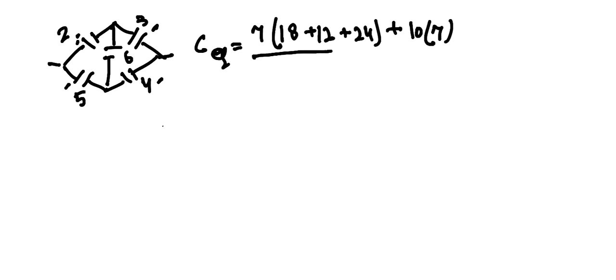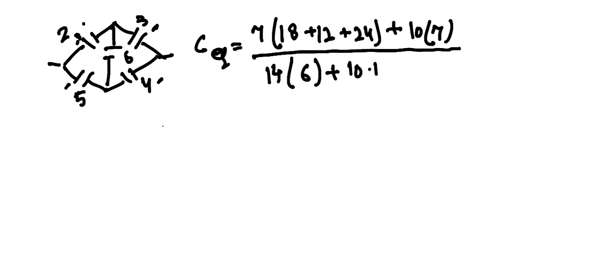Now in the denominator, what will you do? 2, 5, 3, 4, you will add them up. 2 plus 5, 7, 4, 11, 3, 14, you will get 14 here. You will multiply the central one here, 6. Now you will ignore this central one. You have got 2, 5, 3, 4. You will not treat this, multiply 2 and 3, 4 and 5. The rest you will multiply two at a time.